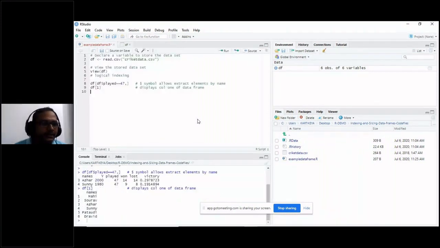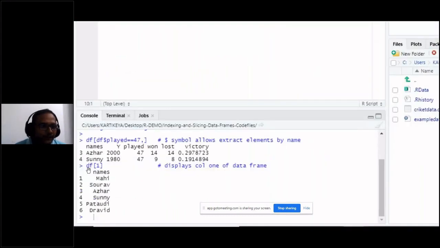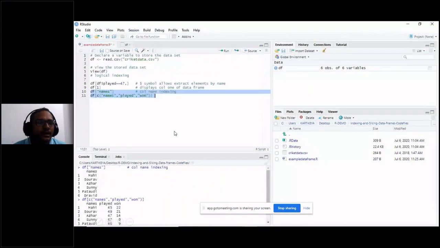Now see here. df of 1, if I write df of 1, it will display column 1 of the data frame. You can see it, I will zoom in, see. df of 1, if I have written it, it will display the names column. Now, as I said before, R allows you to run instruction by instruction by using the run command here.